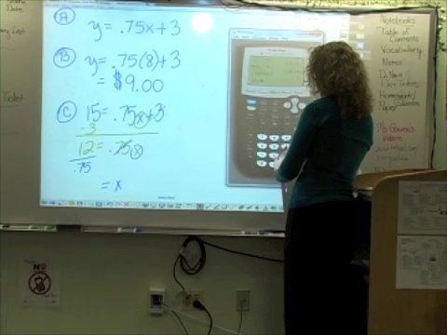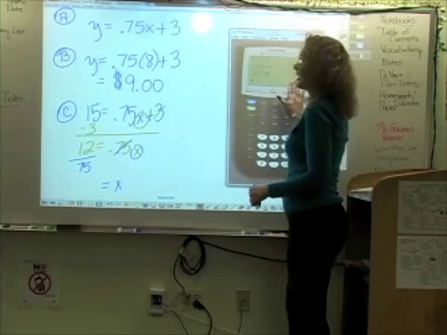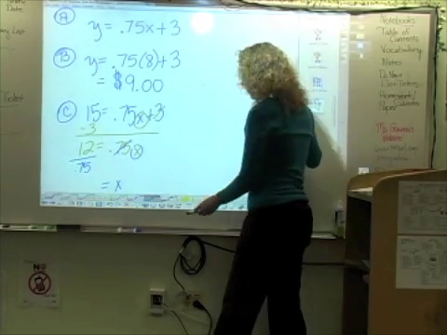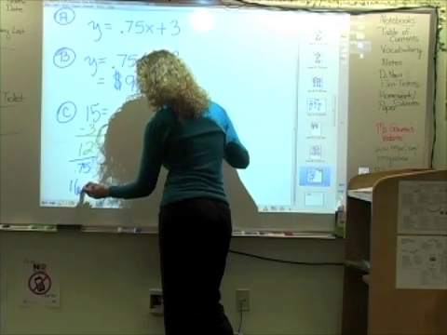So if I take 12 and divide it by 0.75, I'm going to get that total mileage was 16 miles. So in total, I traveled 16